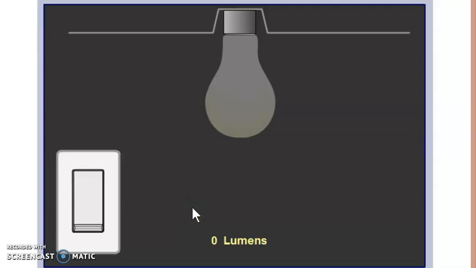So first we are going to define luminous flux. Luminous flux is nothing but the light energy which is radiated from the lamp. So the amount of luminous flux depends upon the type of the lamp and also on the wattage of that particular lamp. The unit of luminous flux is lumens.